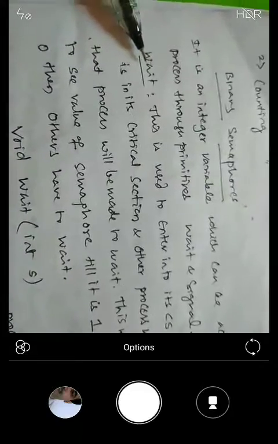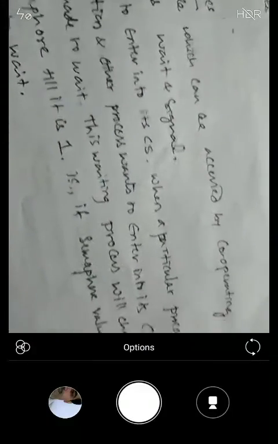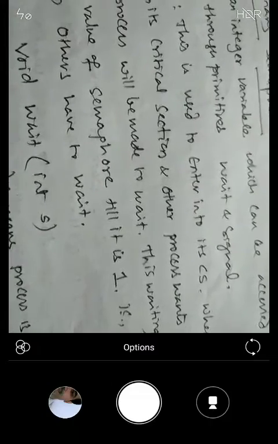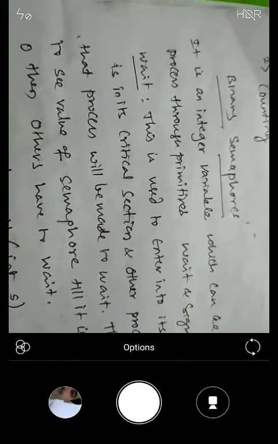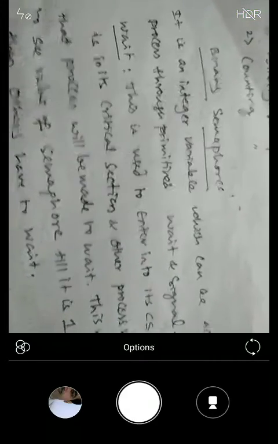To achieve this synchronization, we use semaphores, and the semaphore variable is used by two different methods called wait and signal. What is wait? Wait is used to enter into the critical section. When a particular process is in its critical section and another process wants to enter its critical section, that process will be made to wait, because the process which has executed the wait function will enter the critical section first.